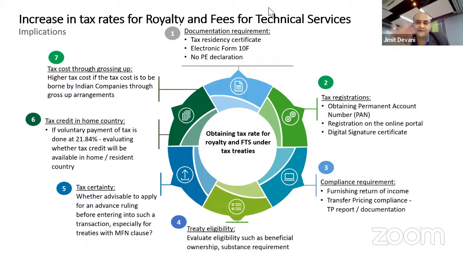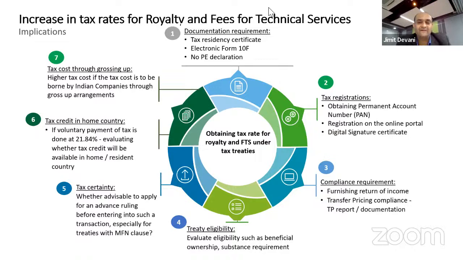A chartered accountant can issue a certificate that the tax rate is as per the domestic law, but not as per the treaty benefit, because then the chartered accountant is incorrect, because the law says you will give treaty benefit only and only if there is a TRC and 10F. If they are not able to provide, then the chartered accountant cannot issue a certificate. And if tomorrow somebody complains, then the chartered accountant will be subject to liability and penalties also, because that is clearly incorrect as per the provisions of the law.